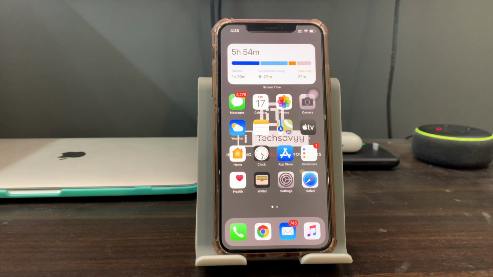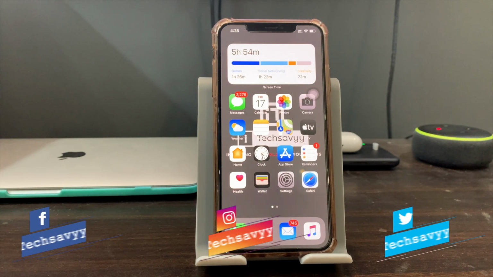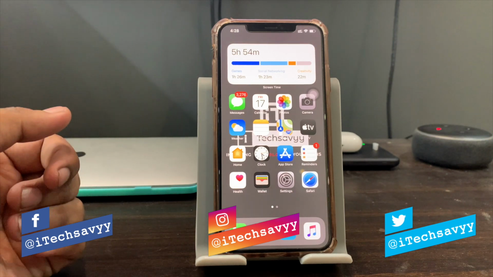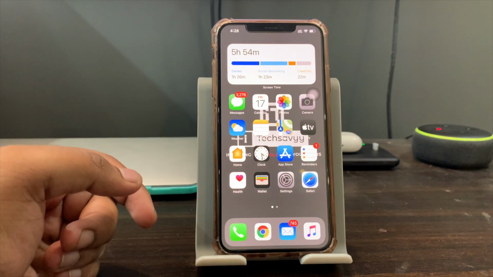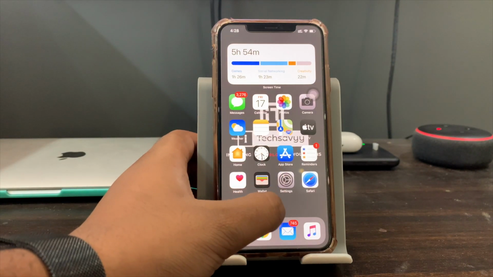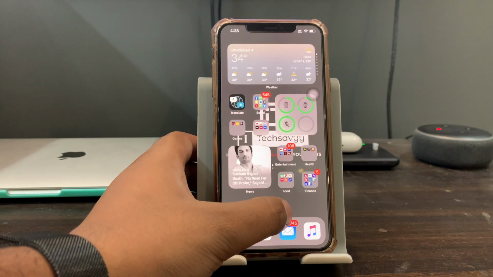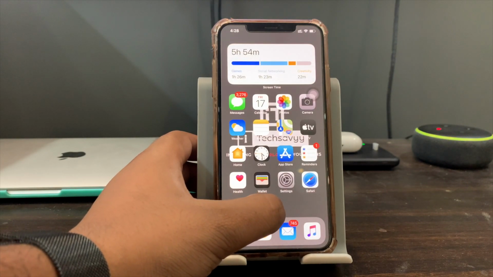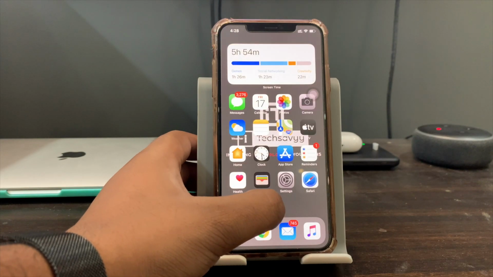Okay, so starting from the home screen, as you can see, my home screen is completely redesigned. We have a new widget here. I will be talking about these widgets in a bit. So the first change I noticed was that you can now change your home pages by swiping on the page dots. As you can see here, I'm using page dots to swipe between the pages.